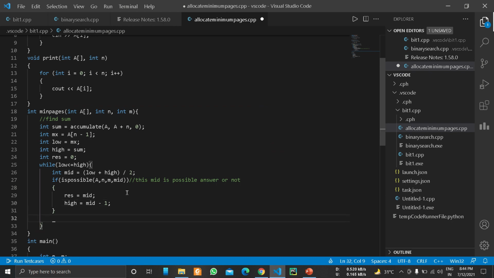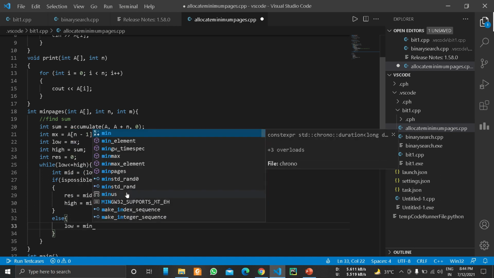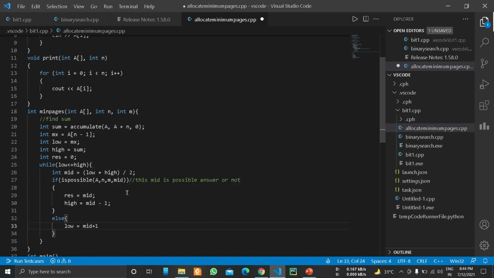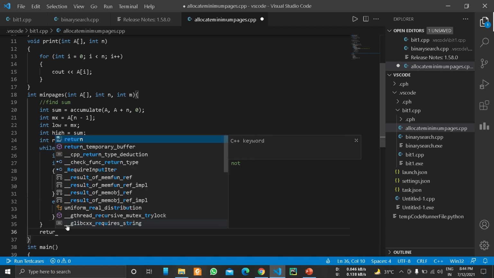If the condition fails, the new low will be mid plus 1. So if mid is not a possible answer, then we have to check after the mid. And in the last I have to return result.